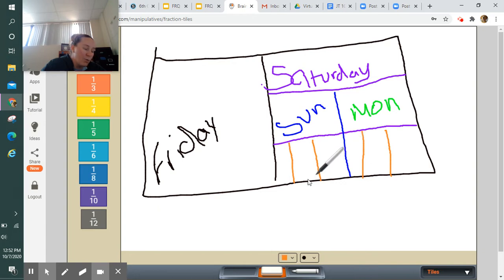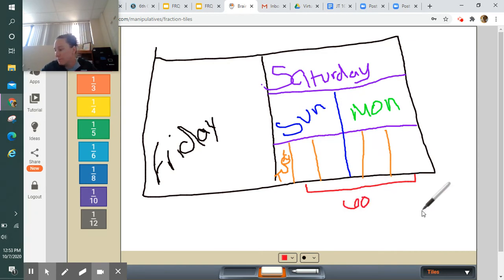And he gave away 1/6 of them on Tuesday. So this is Tuesday. And what was left was 60 pieces, 60 tickets. So that means that all 5 of these are equal to 60. Okay. All right. So now we need to figure out what all of these are